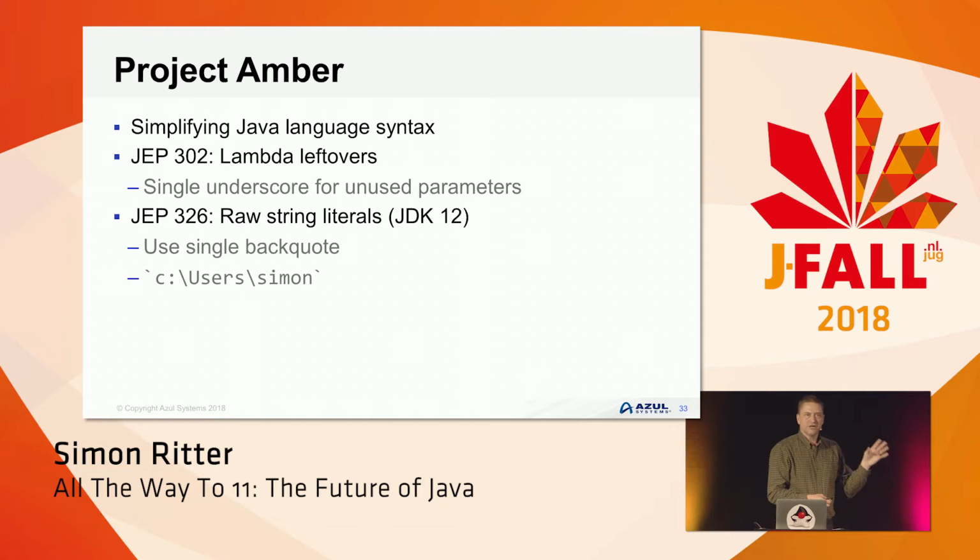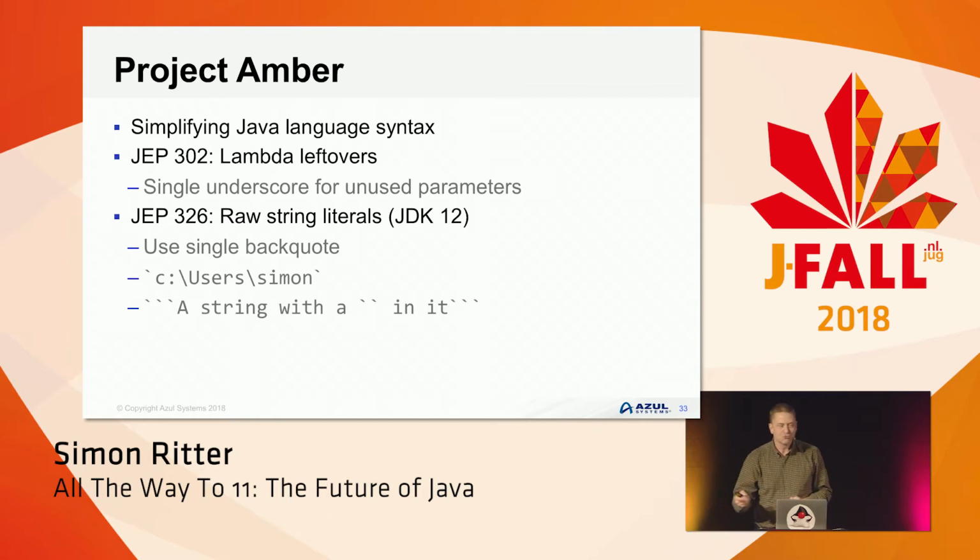Raw string literals are already in JDK 12. This is the idea that if you want to have multi-line strings, or if you want to have odd characters in your string, then you can use a backquote to indicate that everything after that backquote until the next backquote is a string. That means if you go across multiple lines, it will work. If you do things like backslash, that will work without having to escape it. Of course, the logical question then is, what if I want a backquote in my string? The answer is, they've thought of that, which means you can use one or more backquotes. So you could have three backquotes, a string with two backquotes in it, and three backquotes.